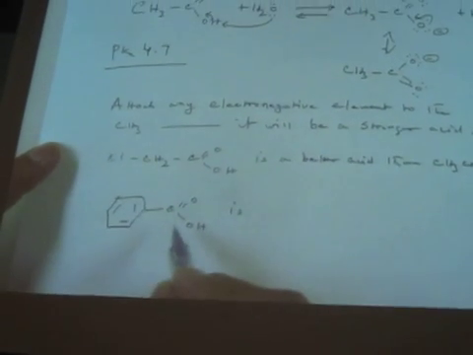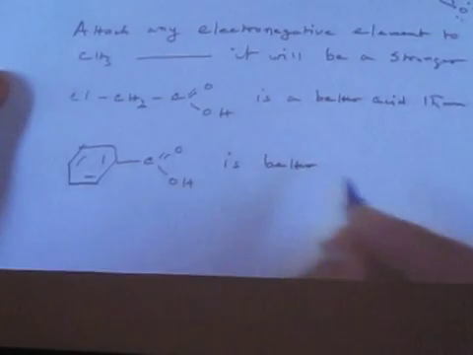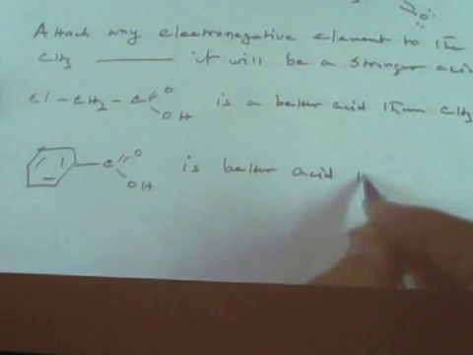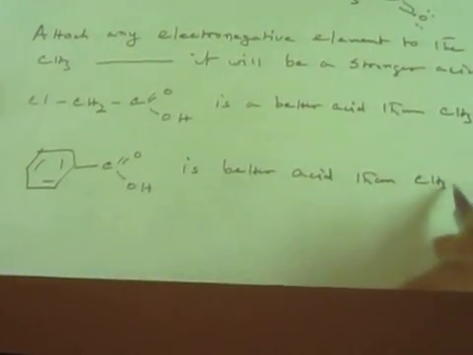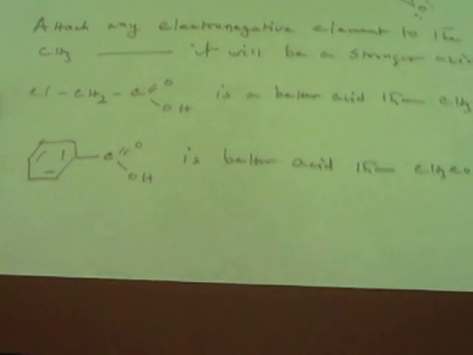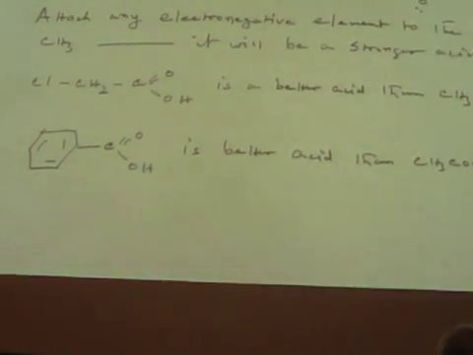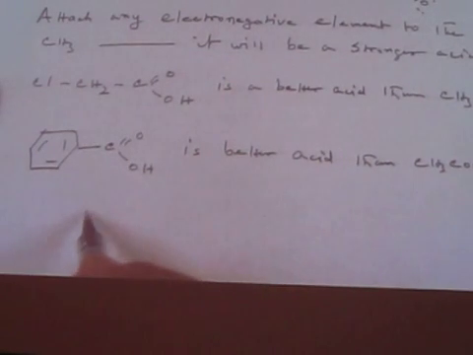Same thing with the others. Benzoic acid is a slightly better acid than acetic acid because of the presence of the ring system, which is kind of electron withdrawing, and therefore that makes it a better acid, but not to a significant extent. But then again, if you put an electron withdrawing group, for example, if you